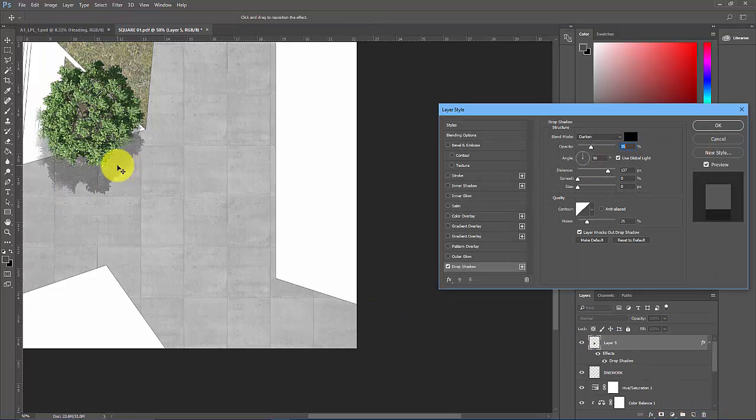And you can see straight away it puts a shadow under the tree here for us. But we can have control over where we want the shadow to be. We can change the angle of which way we want it to go. We can make a decision as to where the sun is coming from and so forth. We can also change the size of the blur of the image if we want to. We don't have to be very specific about it. And also the spread of it, how far it goes. But also the distance, we can control the distance away from the